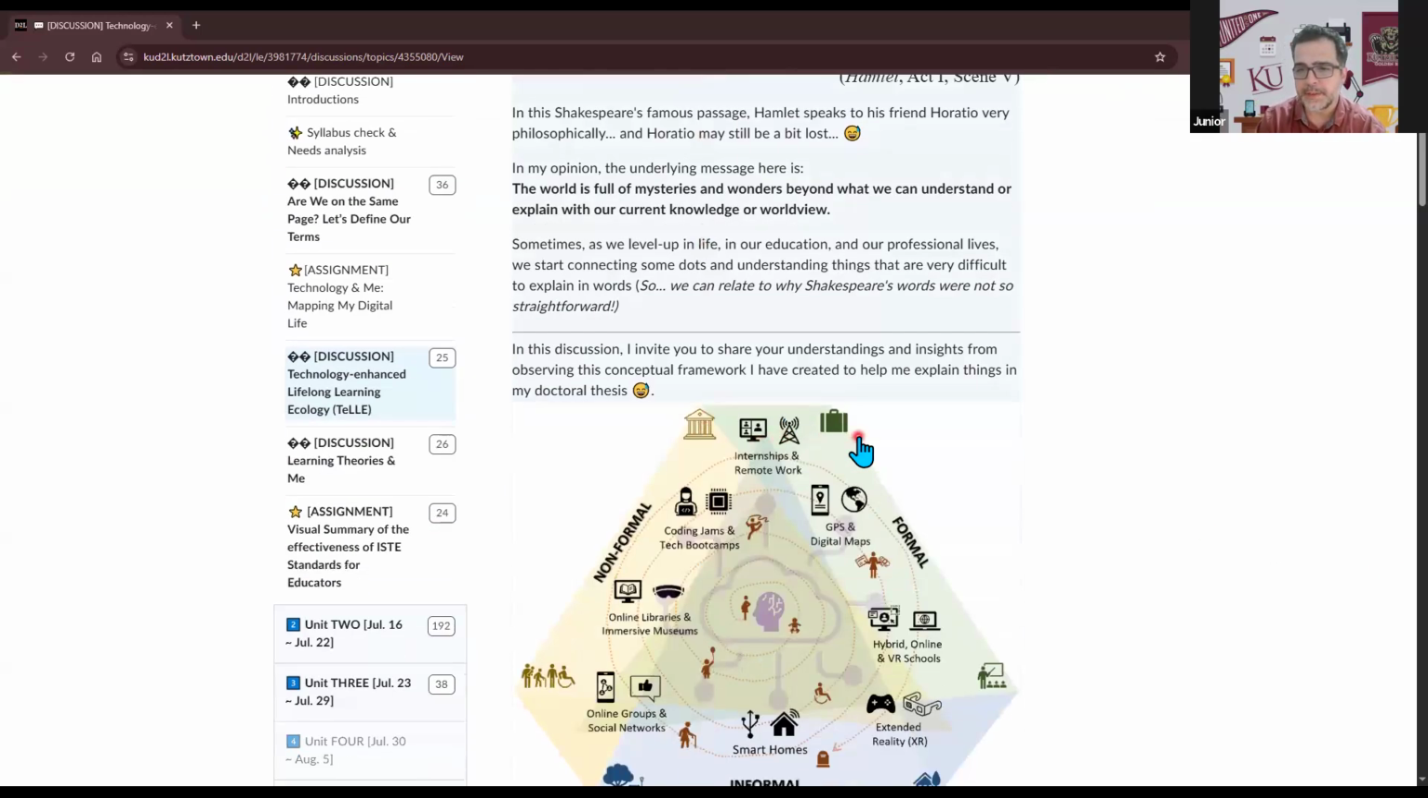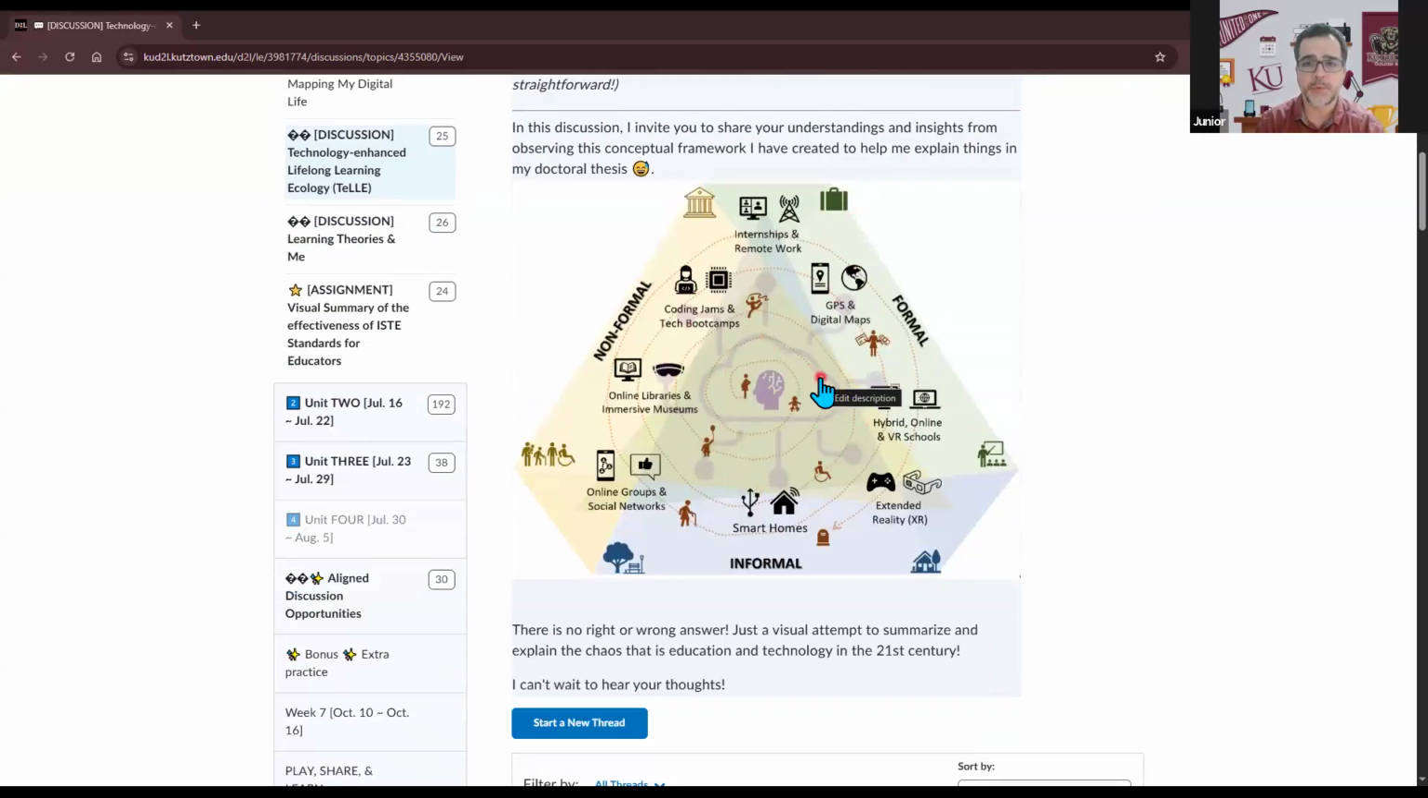So let's see. This is the most complete conceptual framework, called TeLLE, Technology Enhanced Lifelong Learning Ecology Framework. I focused on trying to illustrate the overlap of the three learning settings, the educational settings, which are formal, non-formal, and informal. You can see this with these three colors, and I have labeled them. I also have given some examples of what places these educational settings have. For example, informal: our house, parks, and places that are not